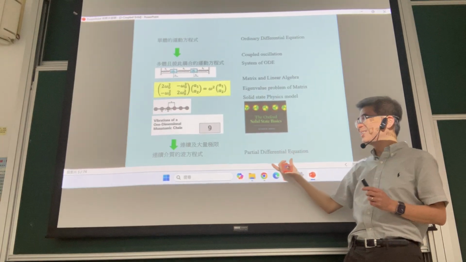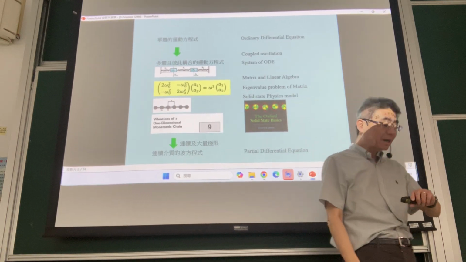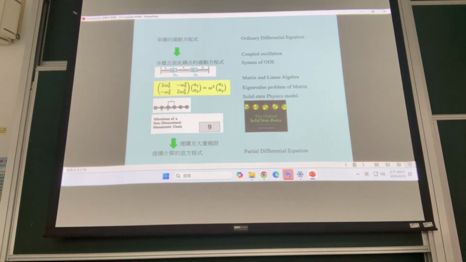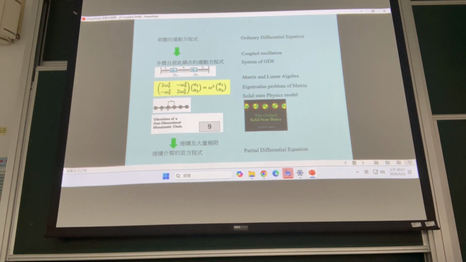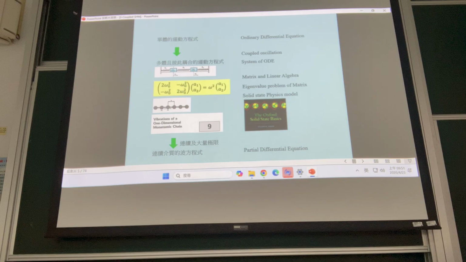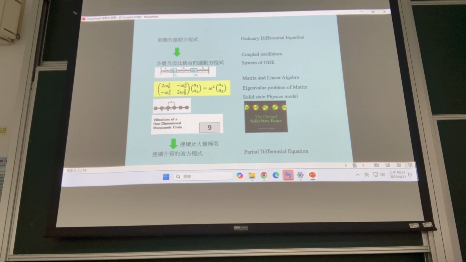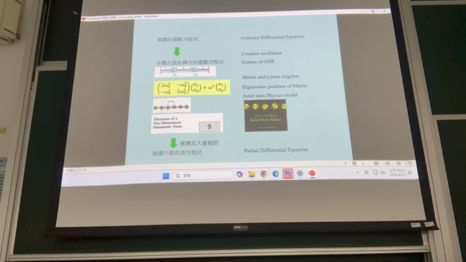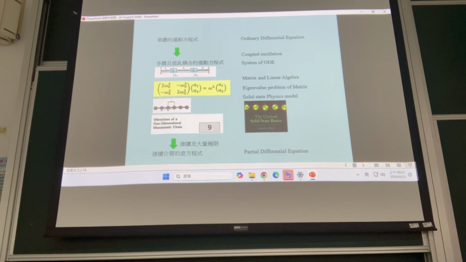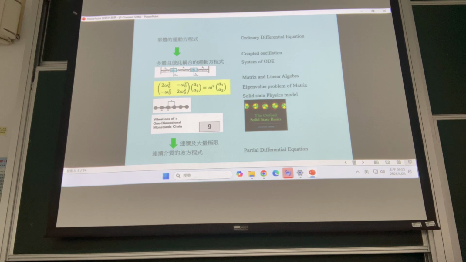And the typical one is the wave equation, 典型的就是波方程式。